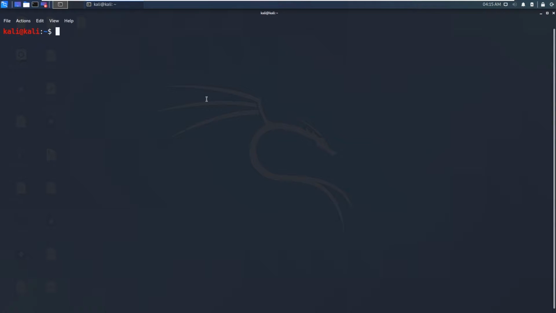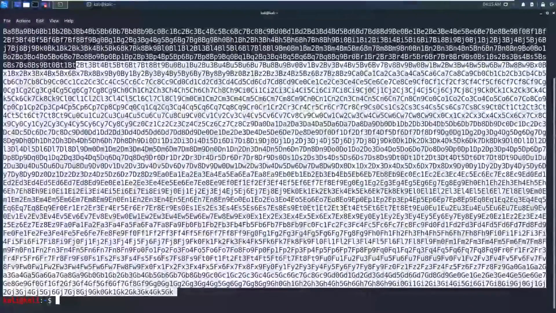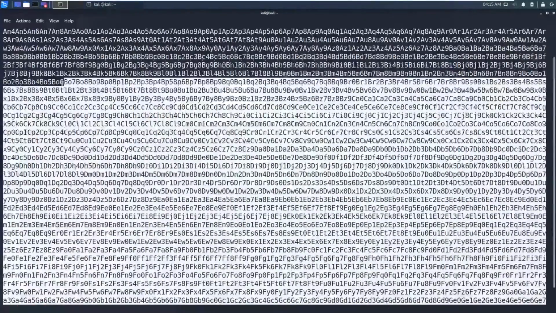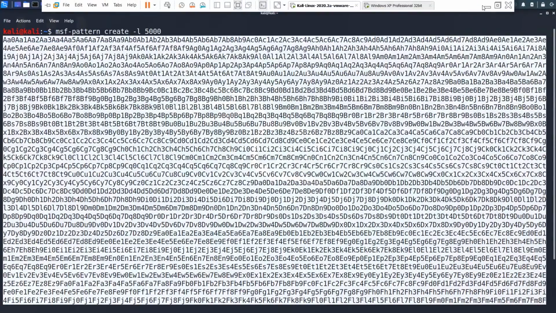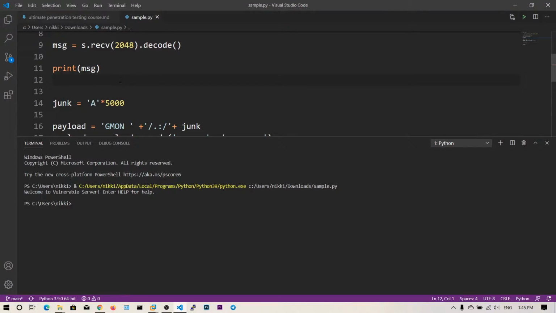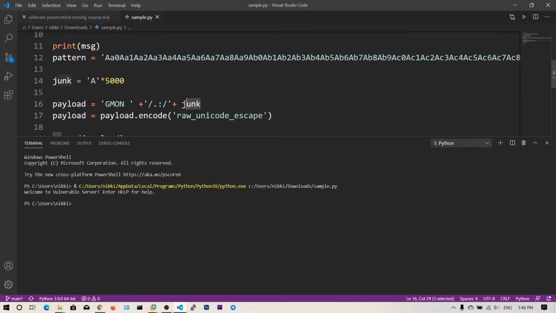Let's go ahead and use msf-pattern_create with a length of 5000. Let me paste this one, copy the selection, go to our script, and create a new variable pattern. Now I will send the pattern instead of this junk.